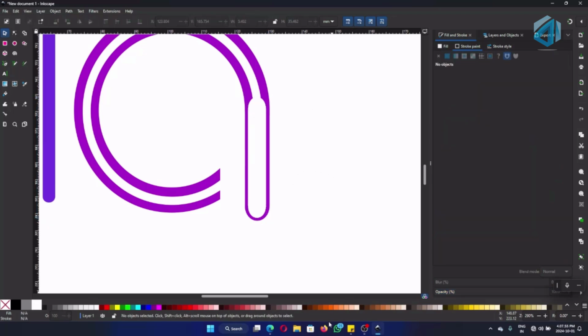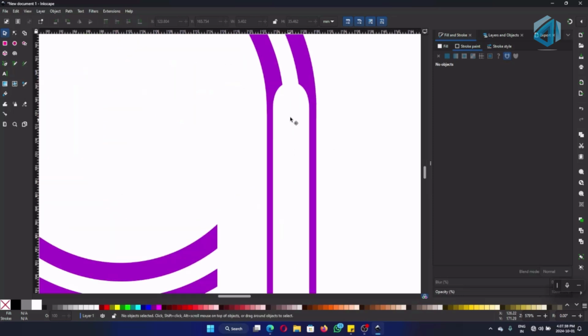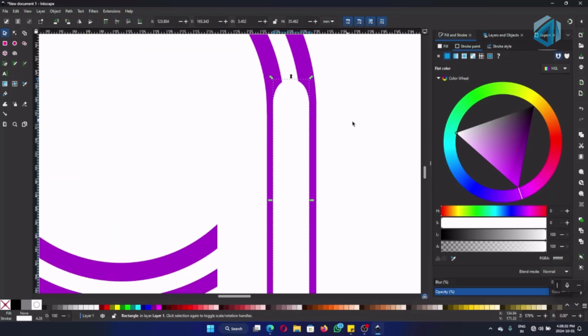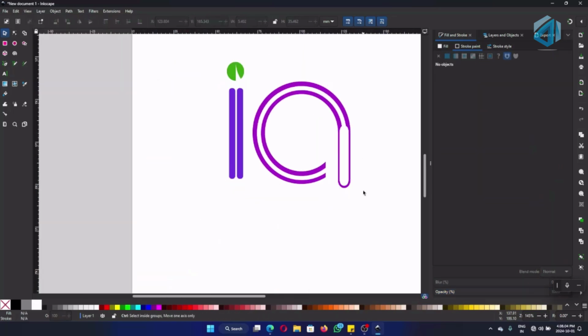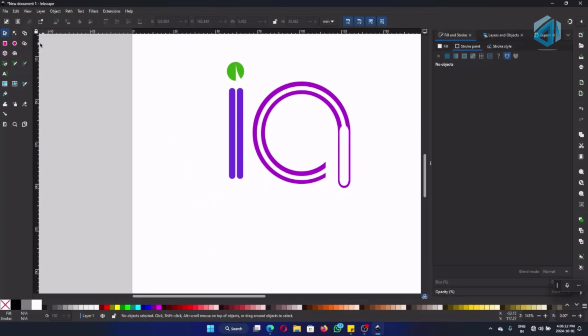You can see it matches. It matches, right? Still I can see the differences. Okay, this. Okay, better now. Okay, we have the basic A logo here, and for the middle one, we will use a simple circle